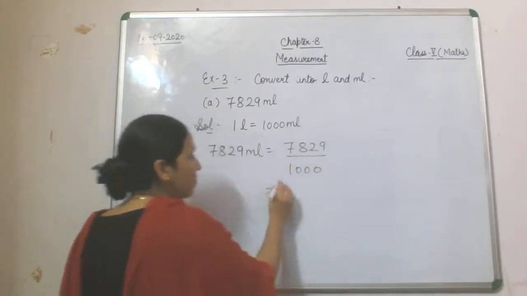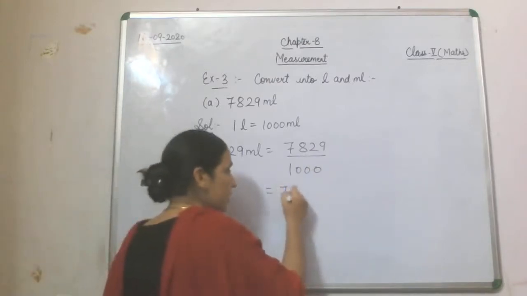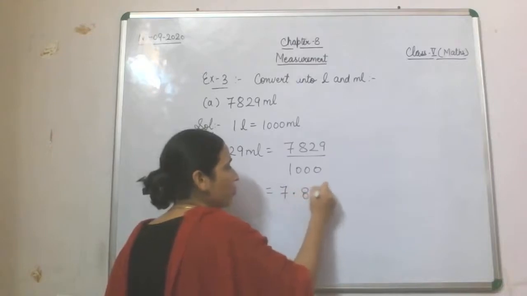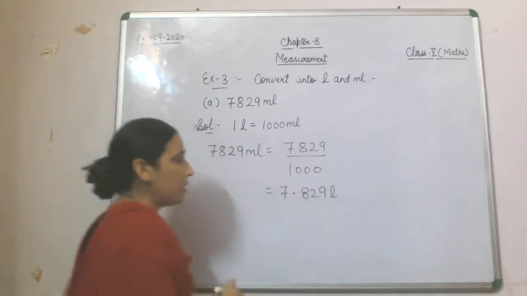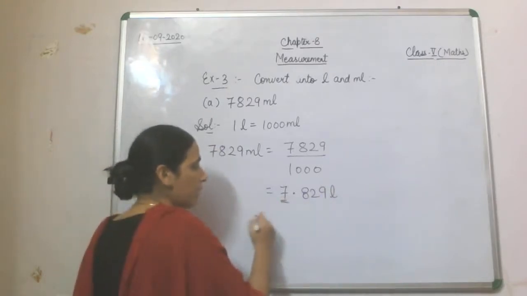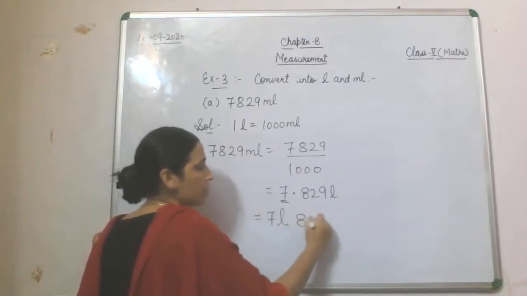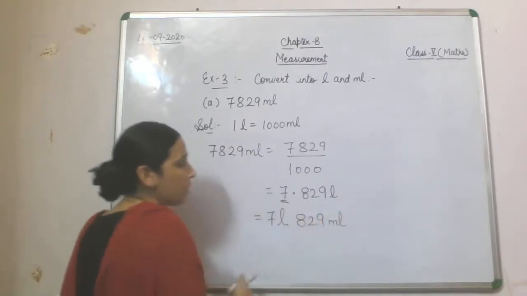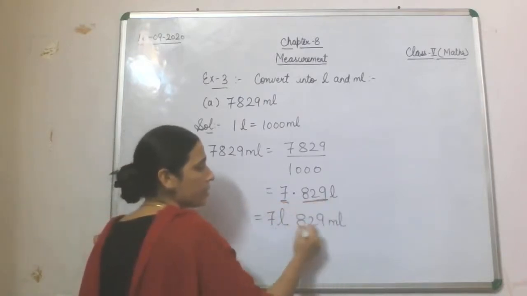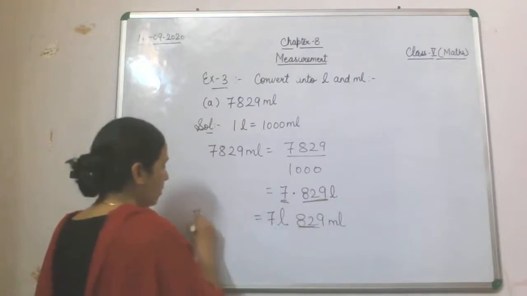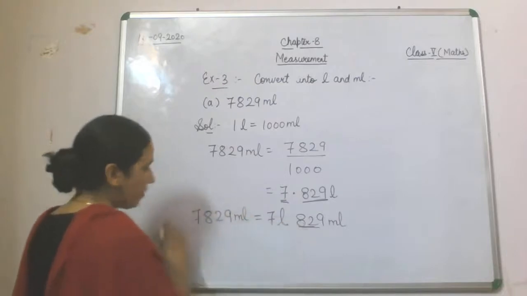Why were we dividing it by 1000? So that we will get a number which is in liter and milliliter both. Now this we have got in liter. The part before the decimal is liter, and the part after the decimal is milliliter. When we separate these two parts, we get 7 as liter and 829 as milliliter. So 7829 milliliter is equal to 7 liter